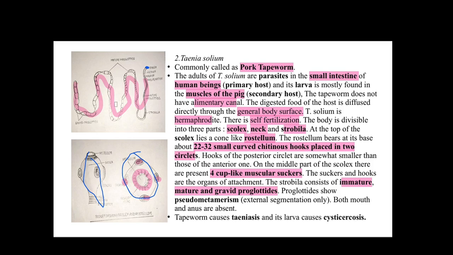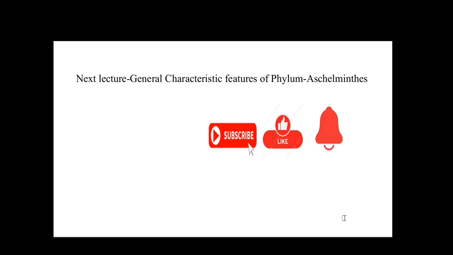Now as I told you earlier, they show pseudometamerism. Mouth and anus both are absent in tapeworms. They cause diseases called taeniasis and cysticercosis. Now taeniasis is caused by the adult tapeworm and cysticercosis is caused by the larva of the tapeworm. And here we are done with the Phylum Platyhelminthes,